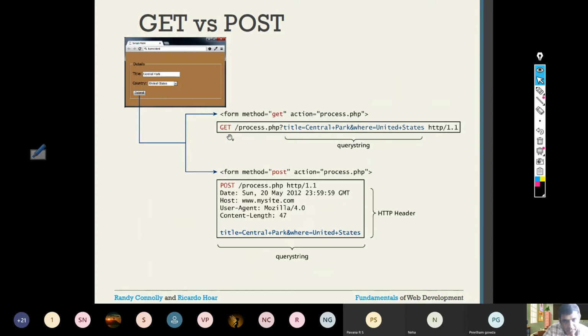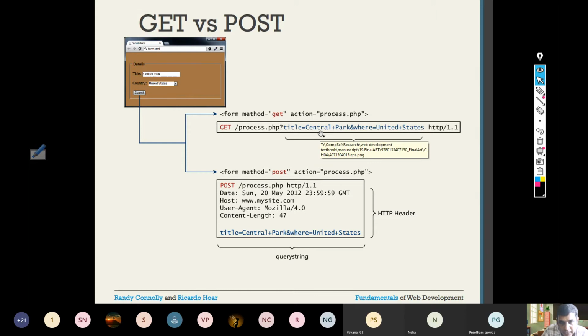process.php. The slash actually indicates the path that clearly tells that it is relative to the document root. In the document root directory, process.php will be there. Then the question mark. The question mark symbol will separate the program from its parameters. You should execute process.php with what data? The data is what you entered here, in query string format.